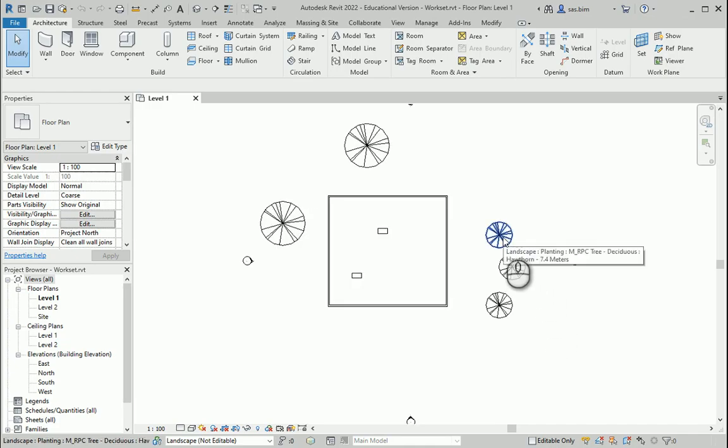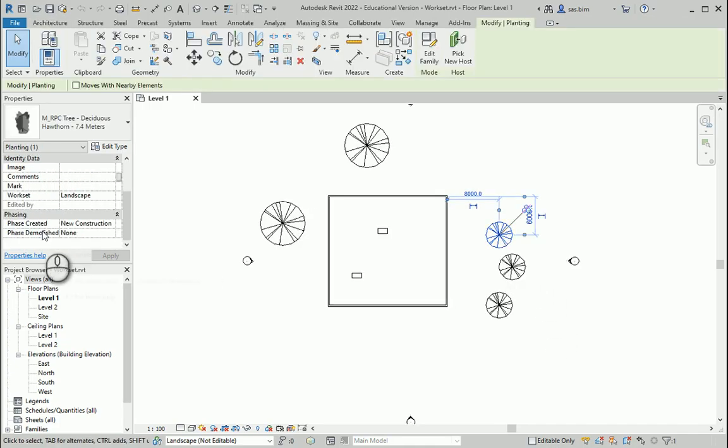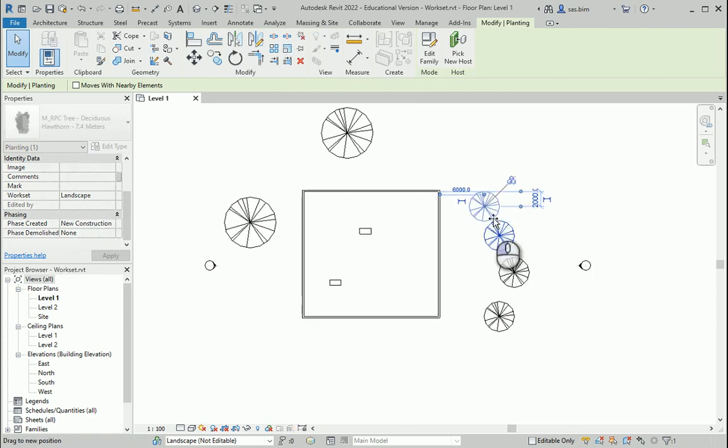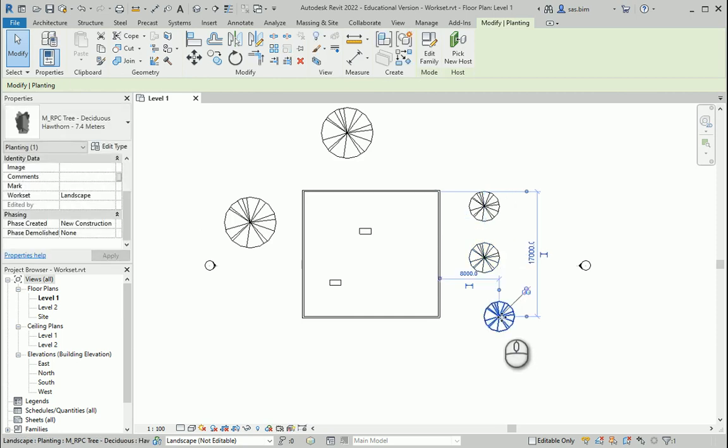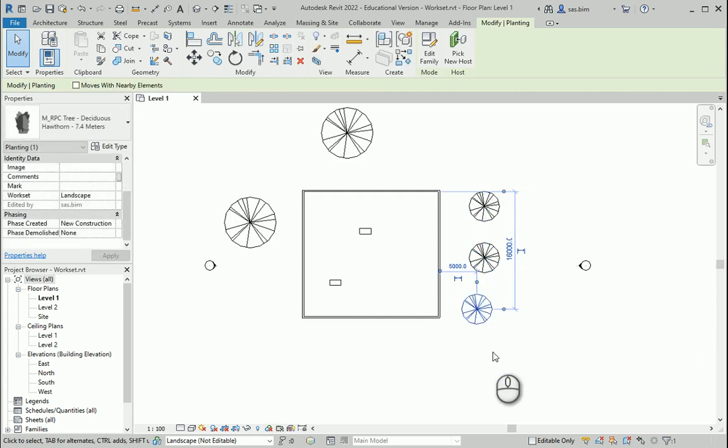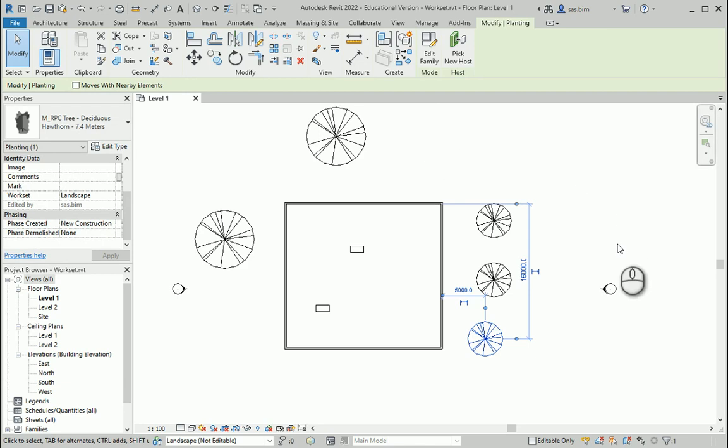Okay, now you see these items, they are in landscape, but if I want to move them, it will not ask me for permission from the first user, because as you noticed the last time I worked on this file as the first user, I relinquished the ownership. Okay, so that's the difference, right?